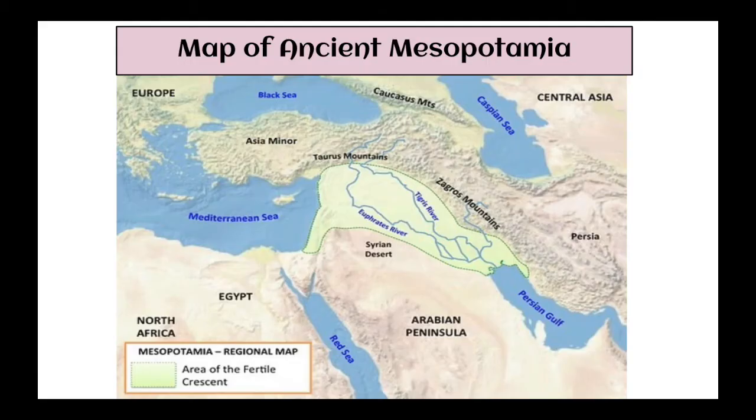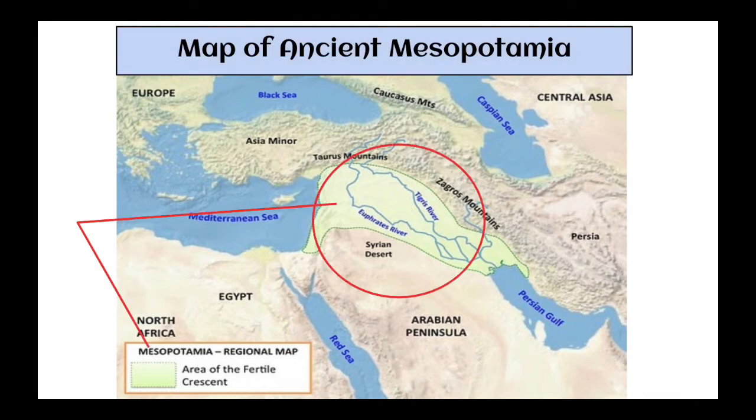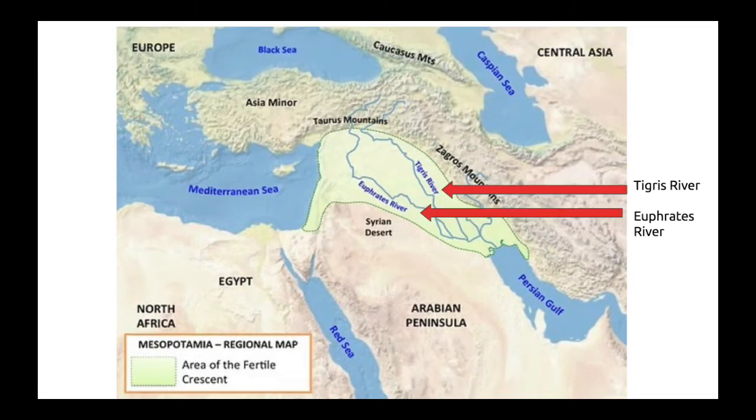Okay, I'm going to give a quick summary of what we read yesterday. Here we have a map of ancient Mesopotamia, and we can see the area that we are talking about is this green area right in the middle, often called the Fertile Crescent. This Fertile Crescent has 2 really important rivers, the Tigris and the Euphrates River, which are really important to the